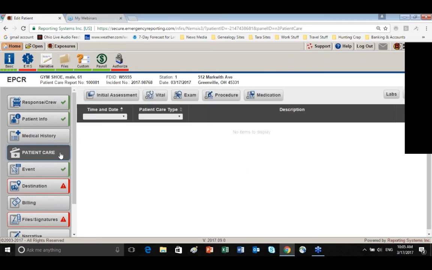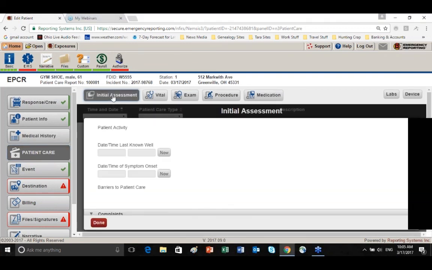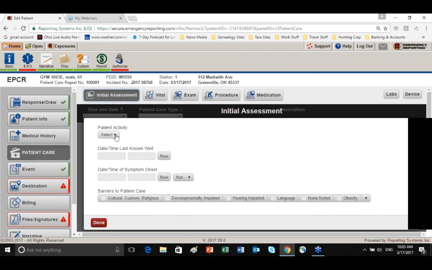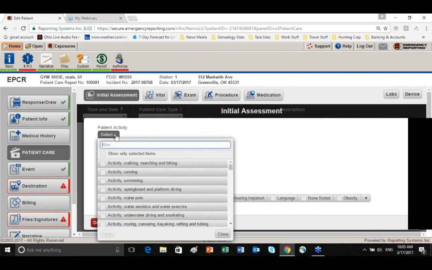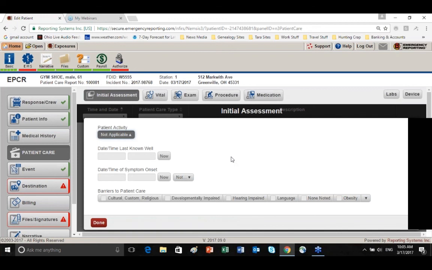We have a series of buttons at the top of the page that we can work through. We're going to start here with initial assessment. Patient activity. And there's a lengthy list for patient activity. In this case, we're going to have a not applicable because we noted in this case that our patient was sitting in a chair and wasn't active, running, playing, jumping,